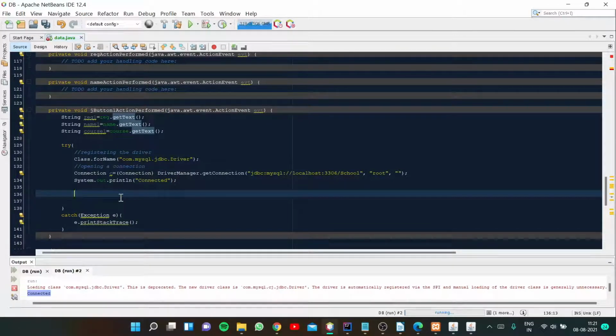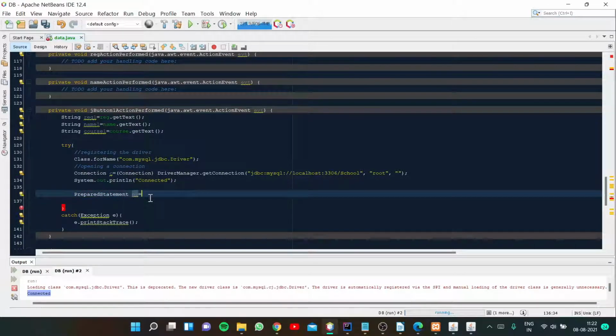In here we are accepting the data. For that we are using a statement called PreparedStatement, P-R-E-P-A-R-E-D. I'm giving the variable ps equal to.